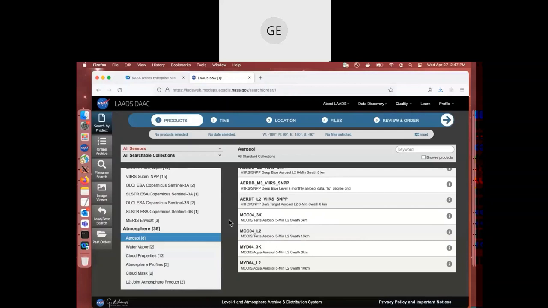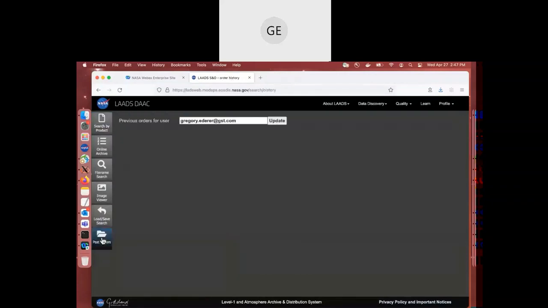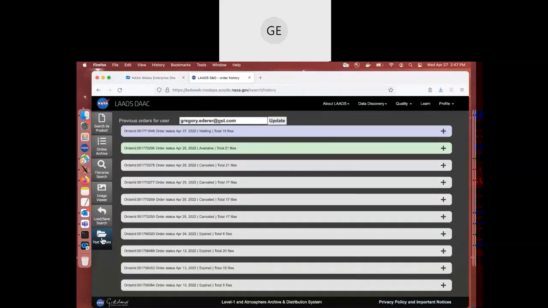Click there to continue. I can view my orders over here on the left using the Past Orders button. I have a lot of them, so this takes a long time to come up, but there you can see there's my 18 files that I ordered today. I actually placed this same order a couple days ago. Here you can see the order here. Since the order that I placed today isn't currently ready, I wouldn't be able to show you how to get to that order, but I can go to this available order,